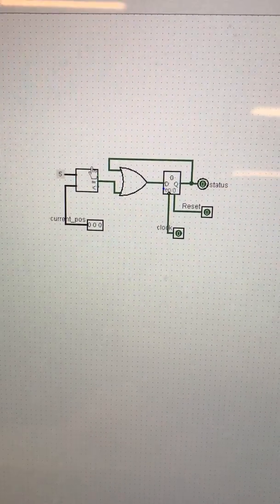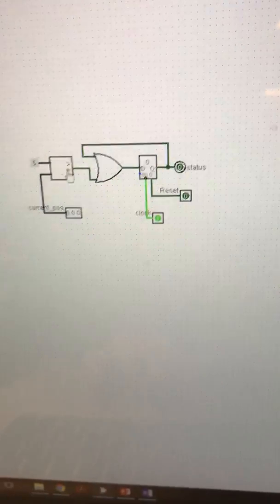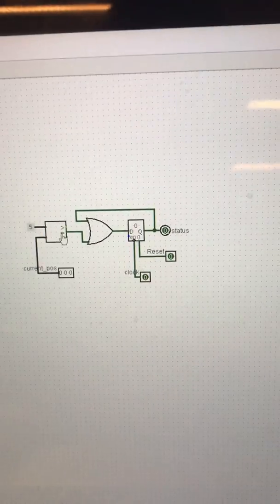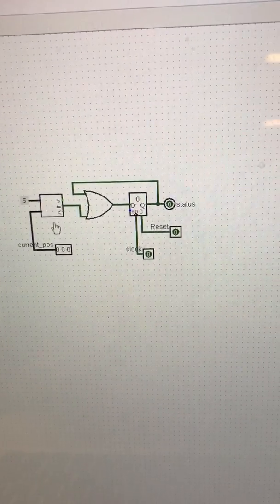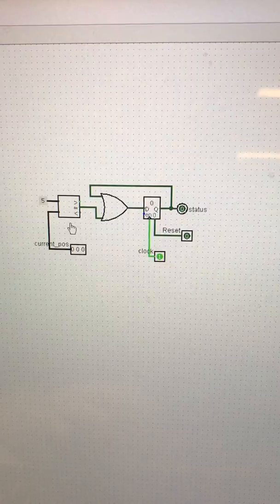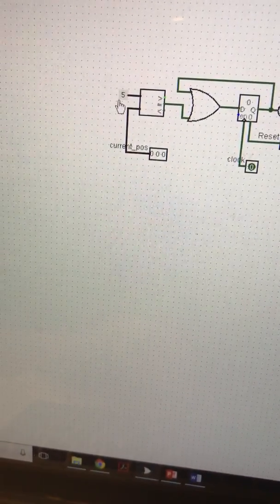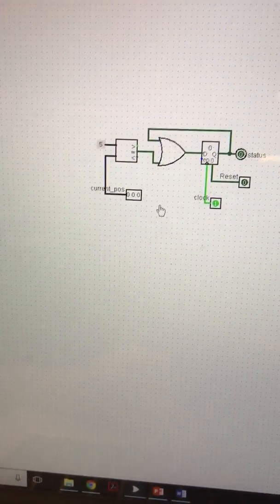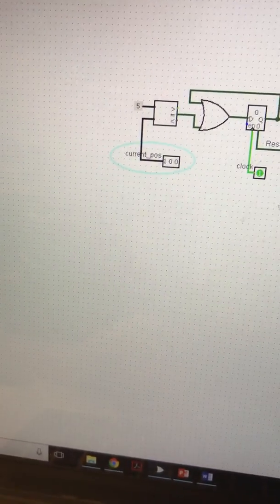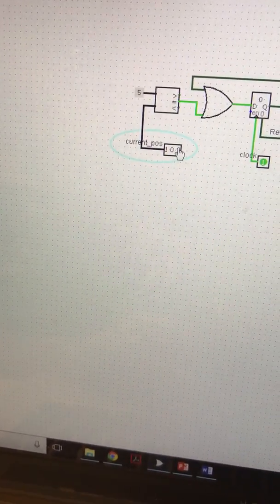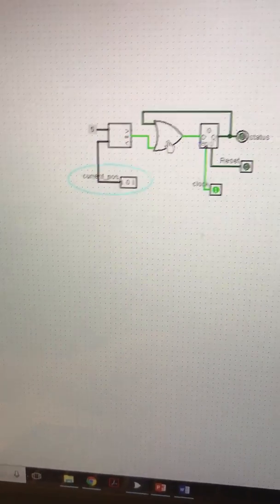So the way it works is we have a comparator, and the way my circuit is designed is when we click the action button, first it is 0, and then it goes to 1, 2, 3, and 4, recording the first four positions, and then the fifth time it's pressed, then we go to playback mode. So the comparator takes in the current position, and it compares it to 5, and if it's equal to,